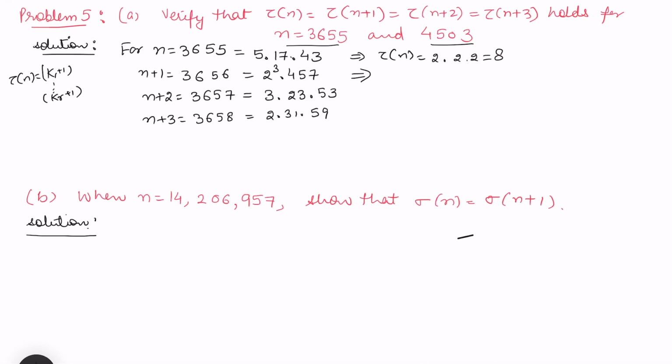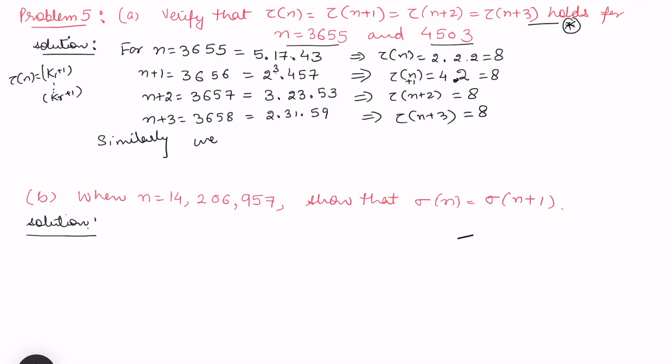Similarly here, the first prime contains the power 3. So the first quantity is 4 and the second quantity contains 1. So this is k2 plus 1. So this is 8. And similarly we calculate, sorry, this was tau of n plus 1. So tau of n plus 2 is then 8 and then we have tau of n plus 3. This is also 8. So this was what you needed to show. It holds for star. Similarly,